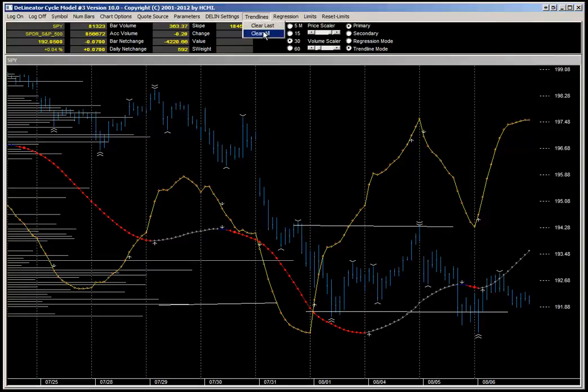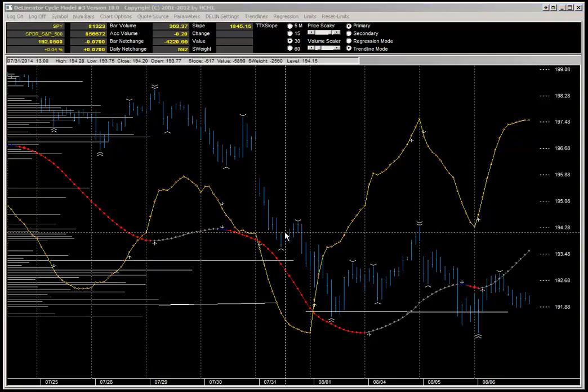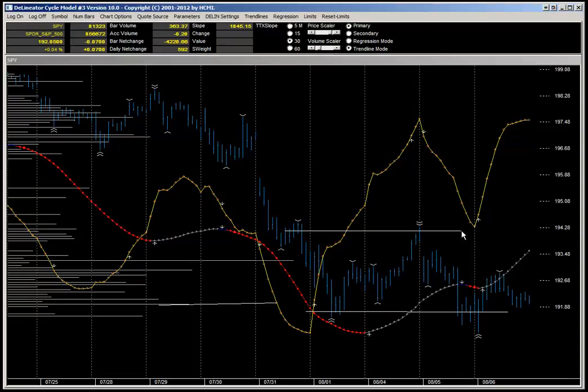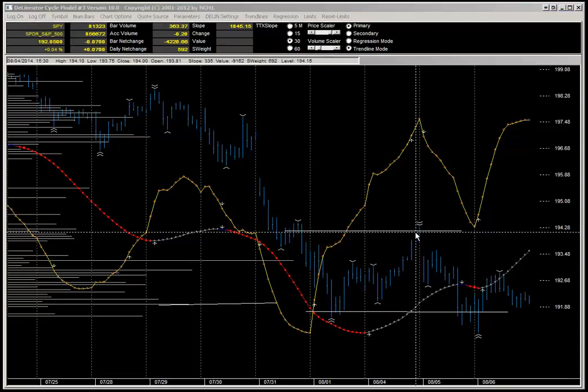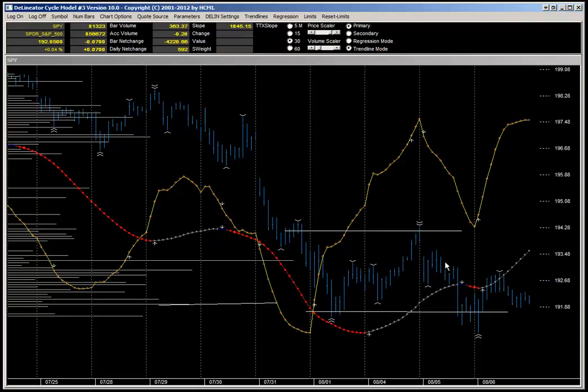So let's clear that last one here. There we go. So we would connect this double chevron with this single chevron probably somewhere around there, which is about 194.15. So now we have this range, and we have smaller levels,